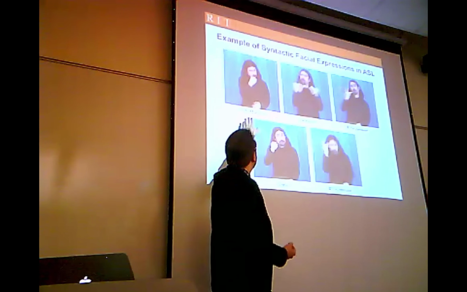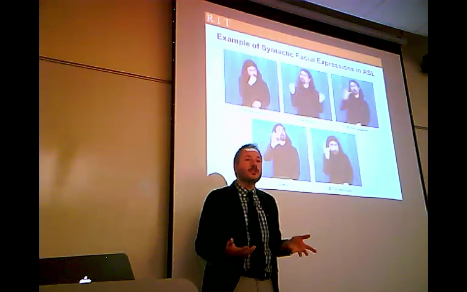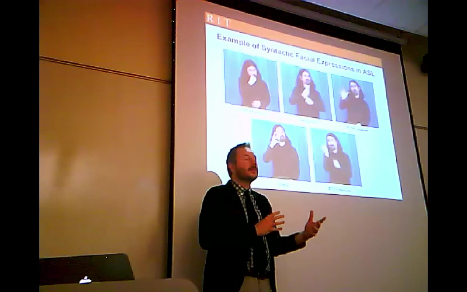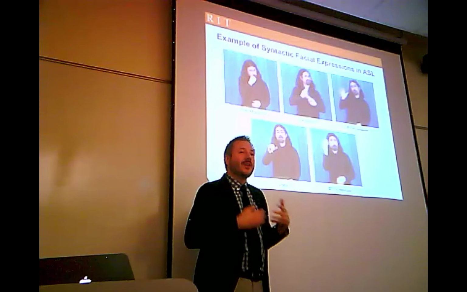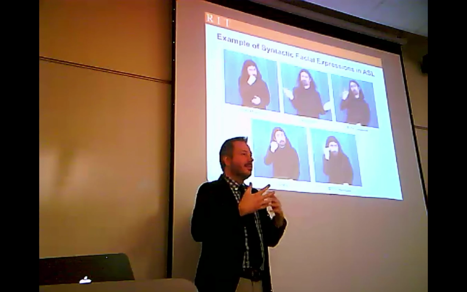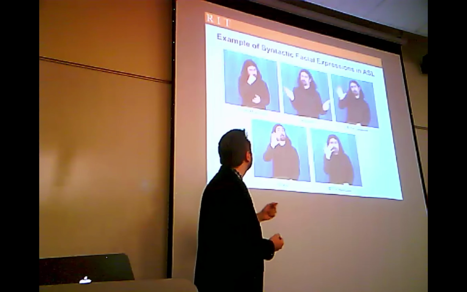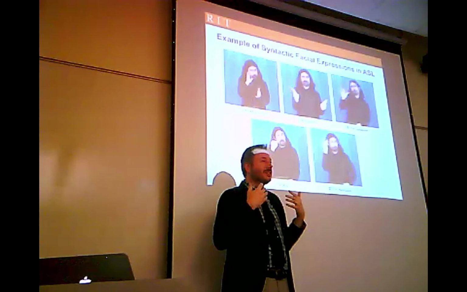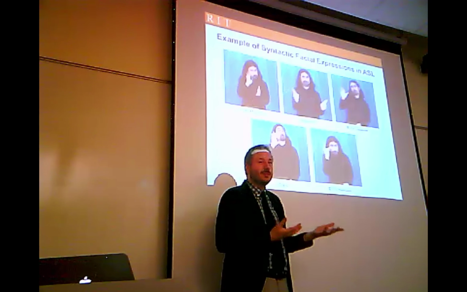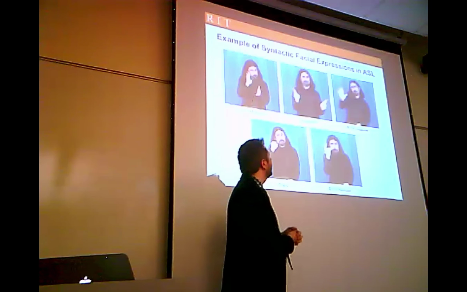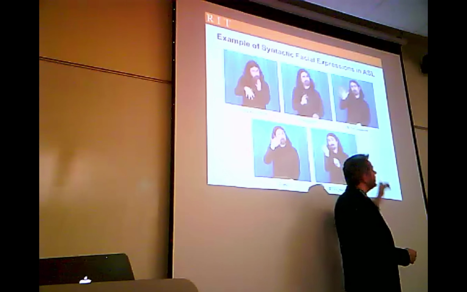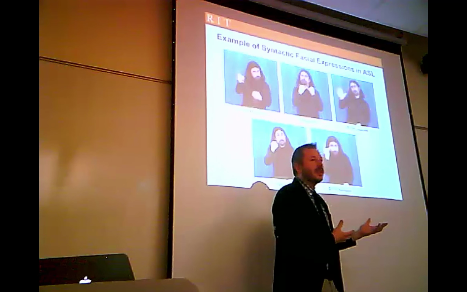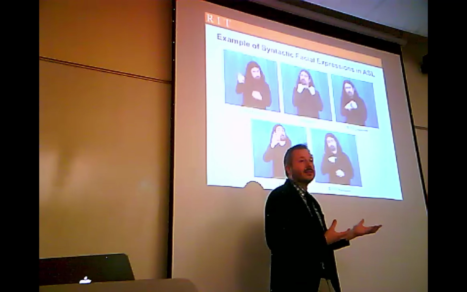So for example, if you perform a yes-no facial expression during a sentence, a statement gets turned into a question. So if you miss that, or if your animation isn't clear about it, the meaning's quite different. Negation is another one that would have a dramatic effect. So the meaning of a sentence would change to its opposite if you're performing this facial expression. If you've got a sentence that has a WH question, like who, what, where, when, there's a special facial expression that must occur for that as well.